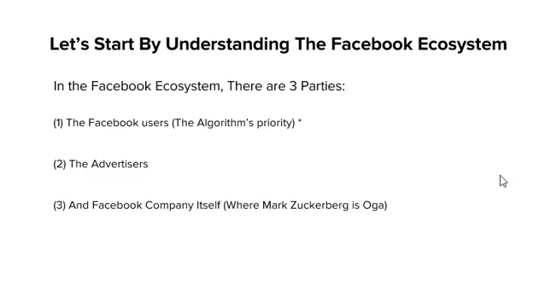Let me explain how. It starts with the Facebook users. Everyone who creates an account on Facebook or Instagram is what we call a user. The entire Facebook ecosystem is based on the user. And the reason is because Facebook gets the data that they sell to the advertiser from the user. Think about it. If there are no users on Facebook, you won't have anyone to advertise to. And if you are a user on Facebook, you do things like liking posts and pictures, sharing your post, commenting, joining groups, liking pages, and so on and so forth.